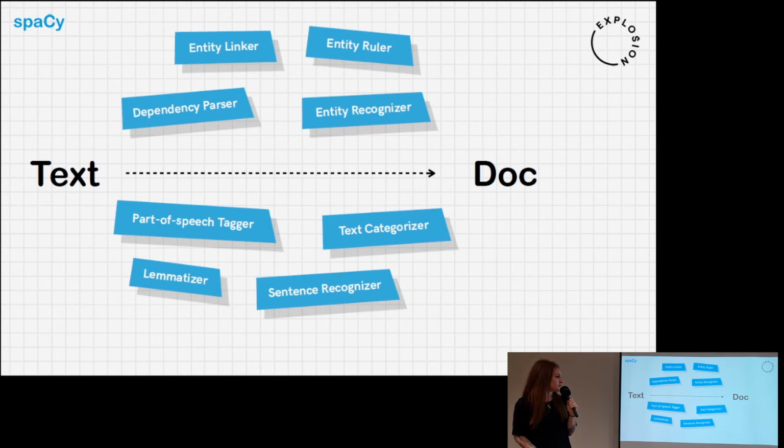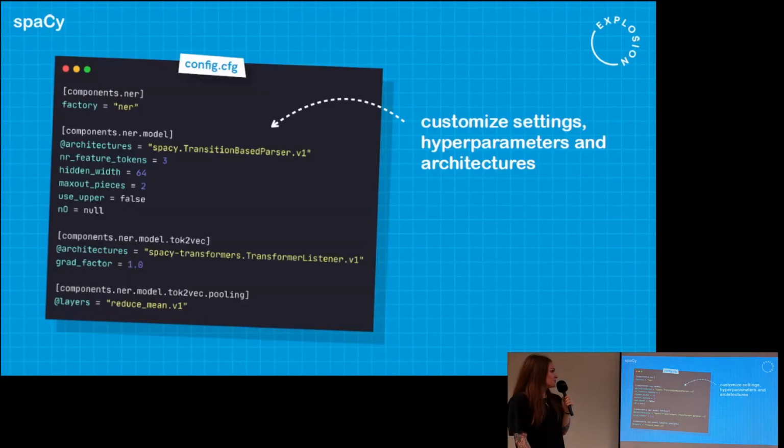There are lots of different strategies, so you can apply that. And of course, there's lots more, including components that you can write yourself that are applied to the doc object as it's processed, and that lets you find out more about the text. And so how do we represent that in our config system? Because as I said before, the config system is the single source of truth and really needs to know everything about what we're processing here.